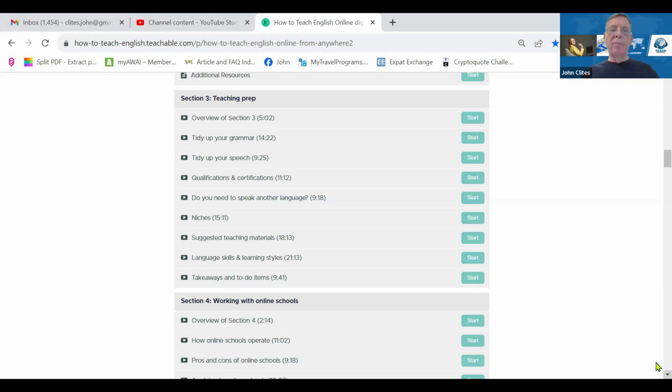I'm also very careful about word choice, not using terms or slang or idioms, expressions that they may not know. So that's what we will talk about in this section. Qualifications and certifications, I'll go back and review those, but again, really, if you're a native English speaker and you're personable, you have really just about everything that you need to succeed. Beyond that, you just need that gumption and stick-to-itiveness.